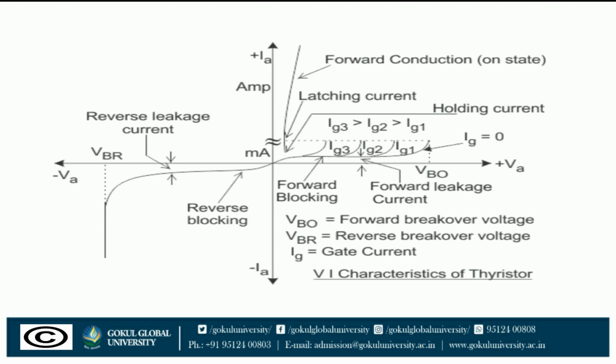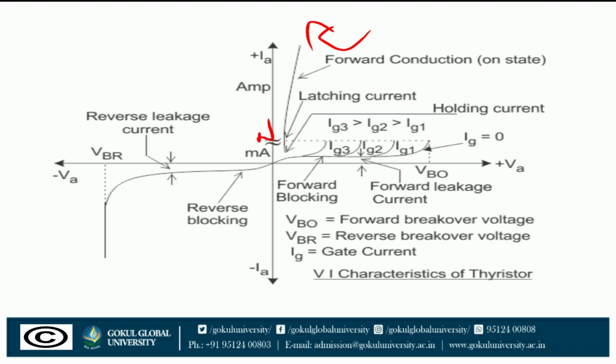Let us see the forward conduction mode. When the anode to cathode forward voltage is increased with the gate circuit open, reverse biased junction J2 will have an avalanche breakdown at a voltage called the forward breakover voltage or VBO. After this breakdown, the thyristor gets turned on with point M at once shifting to N and then to a point anywhere between N and K. Let us say here, consider this is N and this is K. NK represents the forward conduction mode.